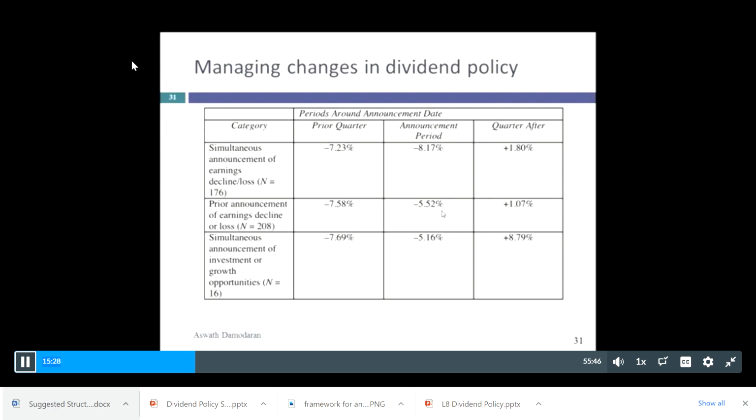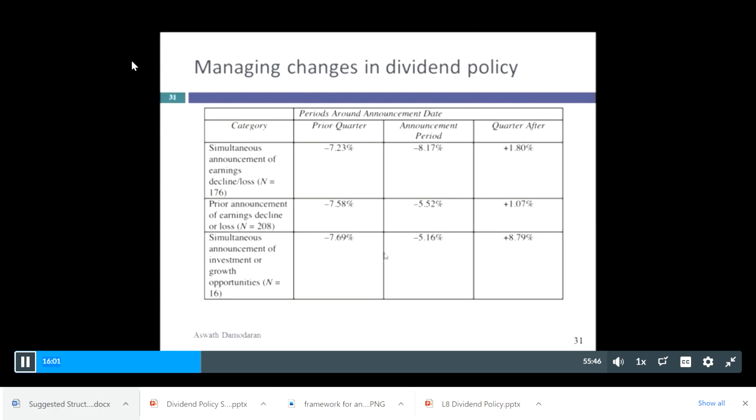Over here we have a firm that's already announced some of the bad news with regard to earnings. So now when they announce the next piece of bad news, there's some reaction. It's not as big, right? Because some of the reaction has already been built into the price. And then again, we see a little bit of an increase afterwards as the market comes back a little bit, and maybe investors who thought they should have decreased the dividend are coming to the firm now.